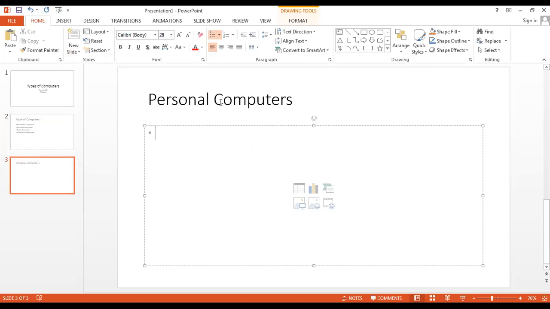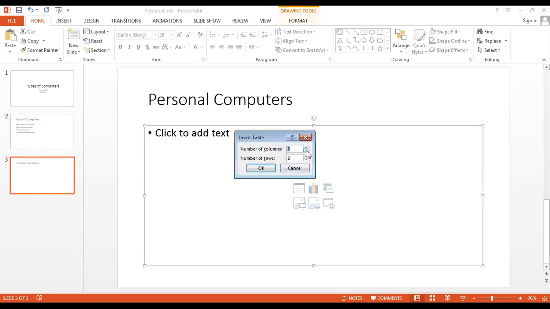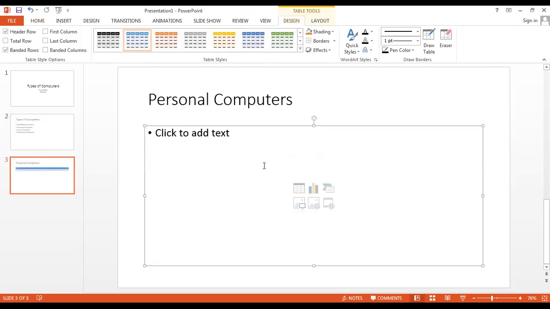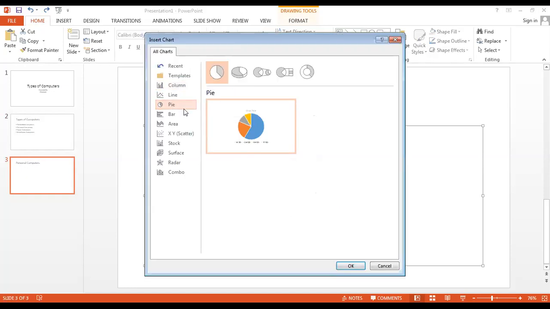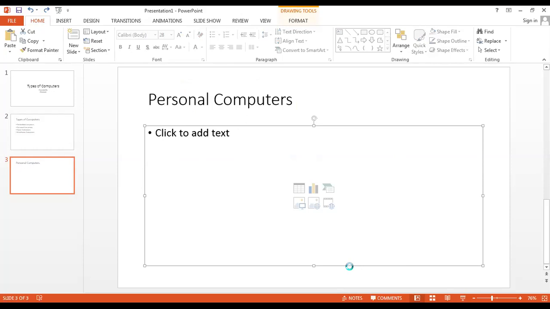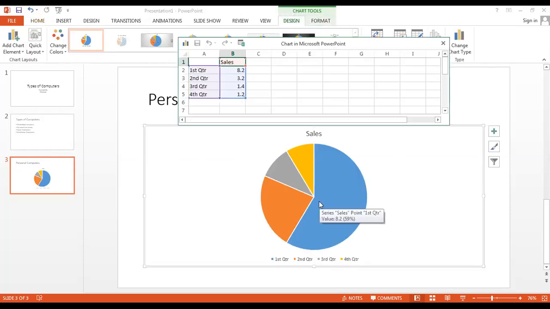So what I can do is, now my layout is title and content. Now over here you can see you can add a table. Let's suppose I want to add a table of 2 rows and 2 columns. I can add a table as well. I can add a graphical chart as well. For example, I want a pie chart showing the statistics, so I can add that chart over here, and by default it will be linked with an Excel sheet where I'll be entering my values. I'll remove it.